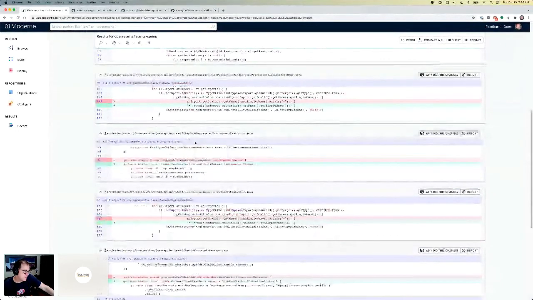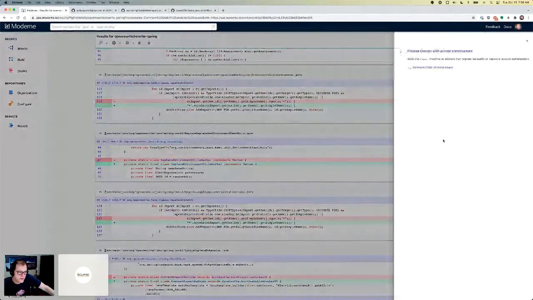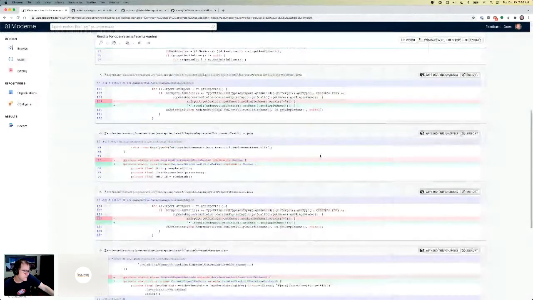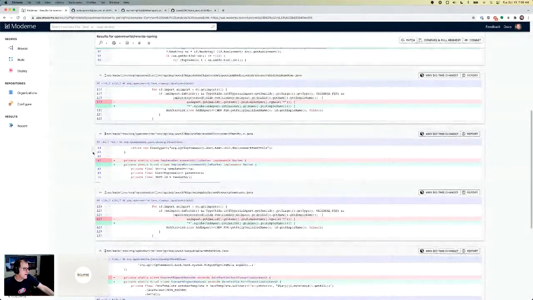So you can get an idea, like for instance, this one's saying, hey, this is a final class. And you're like, why did it make this change? Add the final modifier. Okay, sure. There's no public or package private constructors. Makes sense. So these are just things that we've pulled from Sonar. There are obviously many static analysis tools out there, and this is an ever-growing library of these type of things.